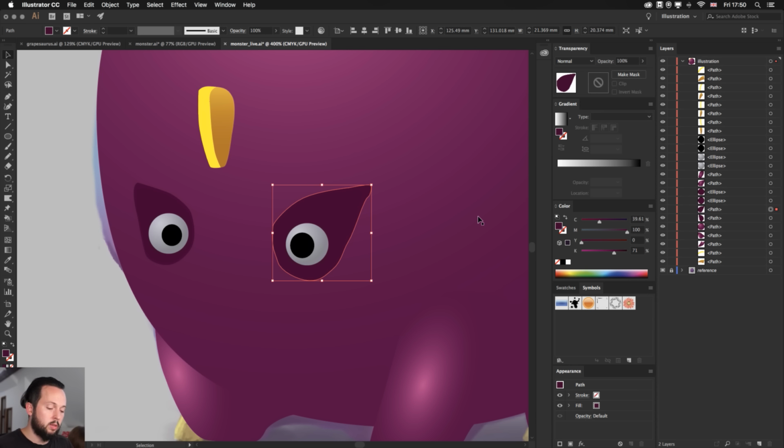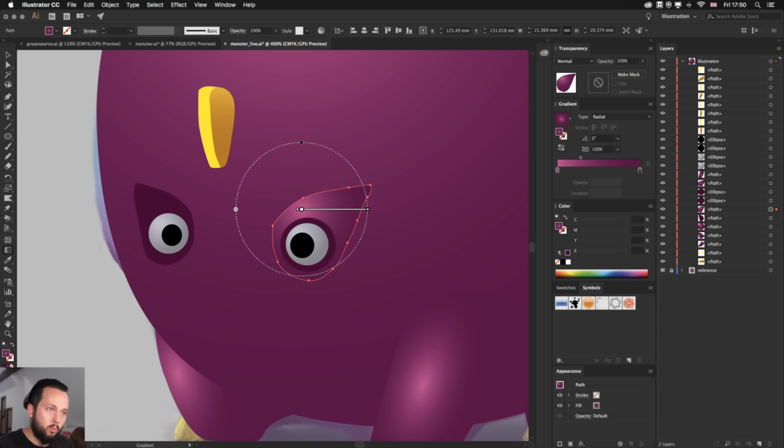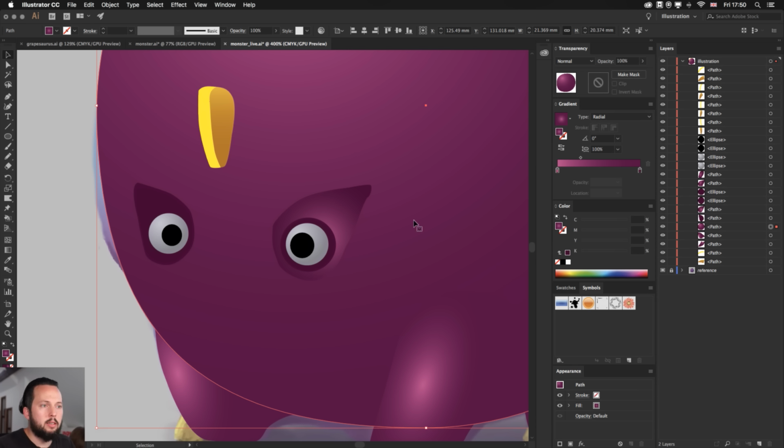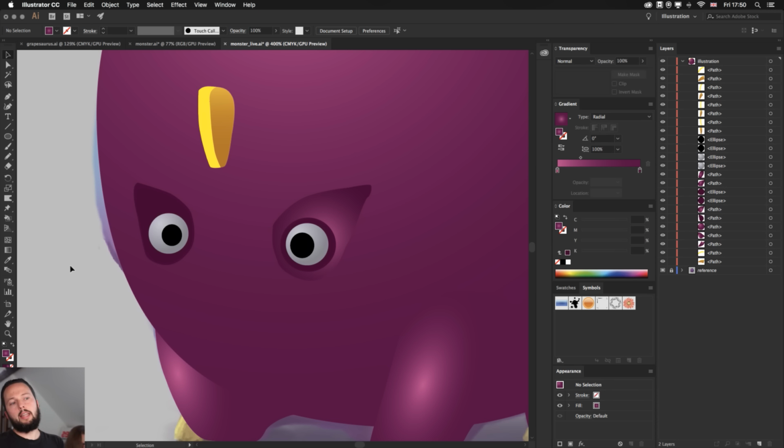But what I'm going to do now is to use the eyedropper tool and click on the body once more. And once I have that, I can refine this gradient. And once again, what you need to think about is the shape. Maybe I can make one of these colors a bit darker, something like that. But the shape is the key here. So see, already by just doing that, it looks better.